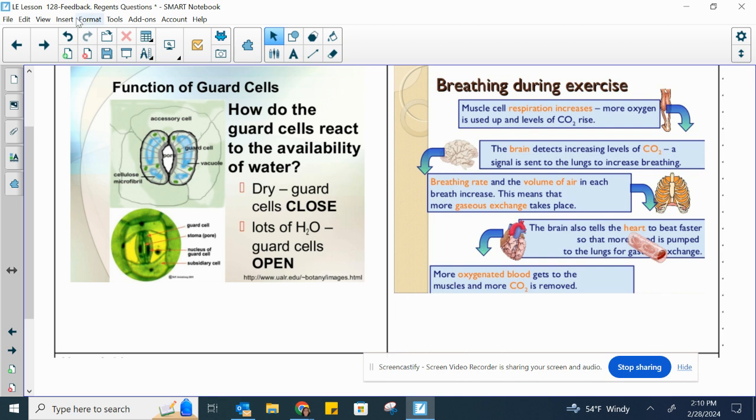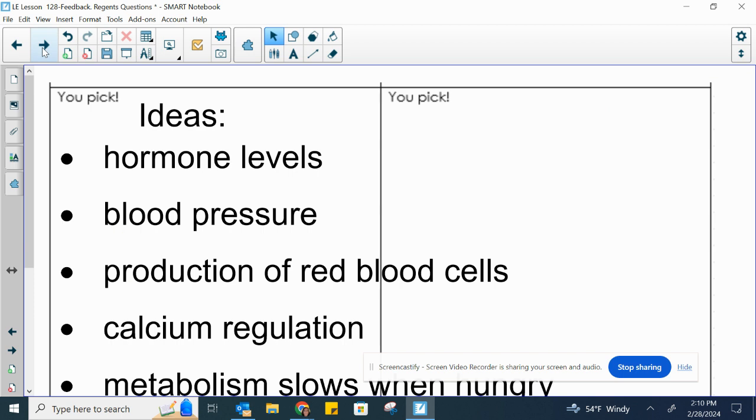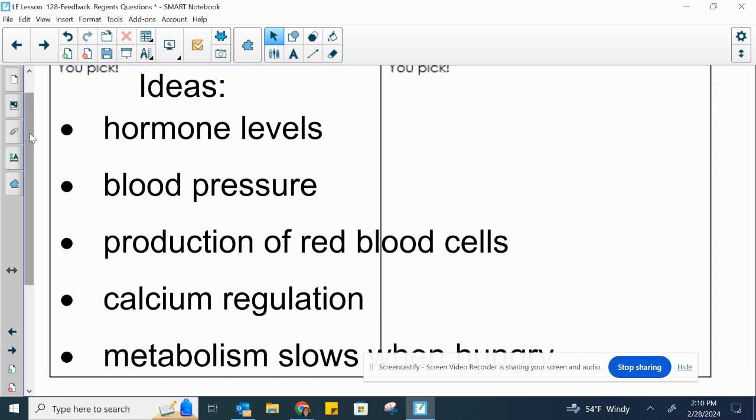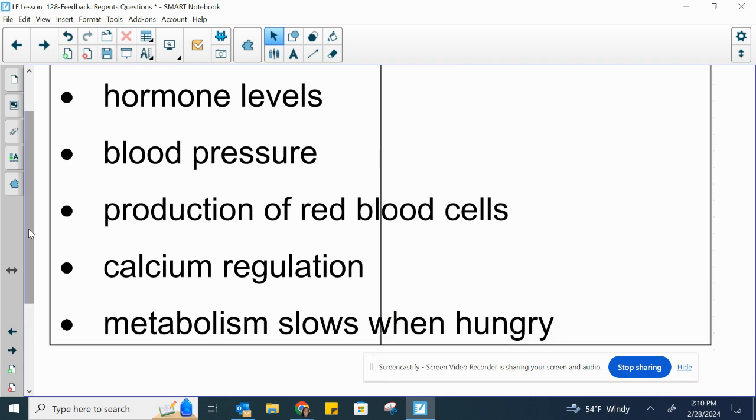For the next two, I want you to pick some examples. I want you to do two different examples. You could think about hormone levels. So how are hormone levels maintained in the body? Blood pressure, the production of red blood cells, the amount of calcium in your blood, your metabolism,